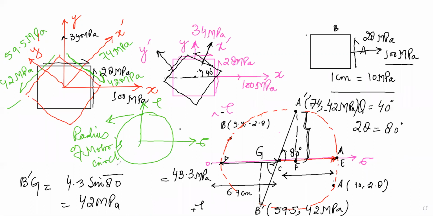Open the GATE book and see how many times you have been asked that in the Mohr circle the maximum shear stress is equal to the radius of the Mohr circle. The radius of the Mohr circle represents the maximum shear stress. Understood? Fine. In the same way you will be submitting this problem on graph paper to me in the next class. Okay, all of you, whether you are online or offline, it doesn't matter.